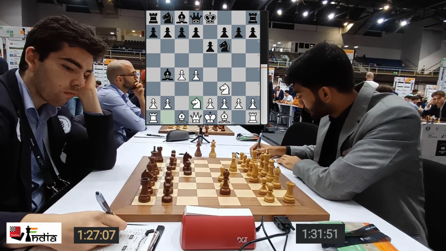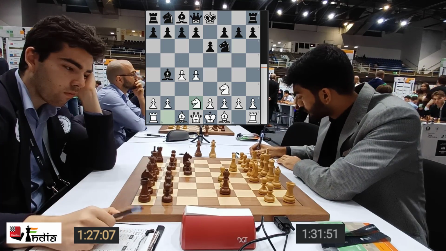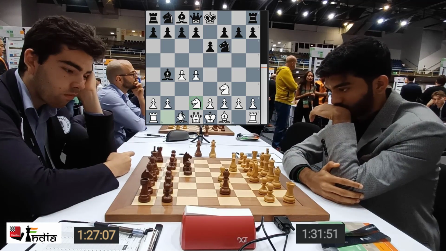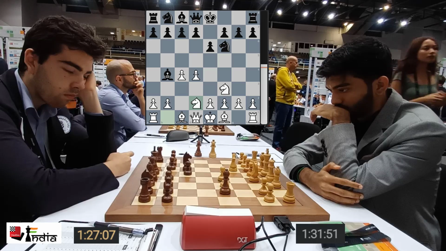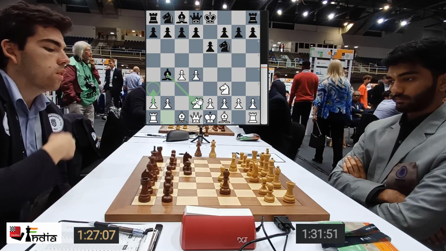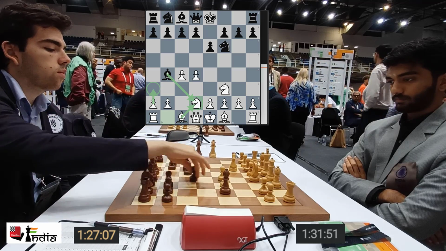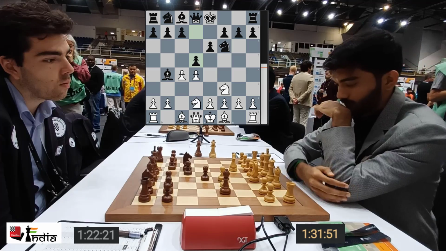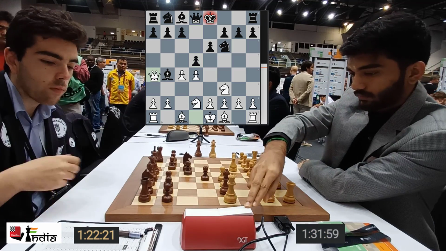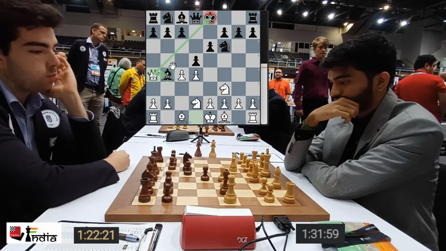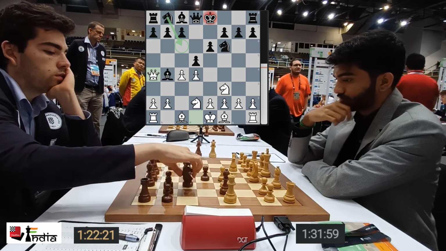This seems like his prep, perhaps, because this is not the most common move at the highest level. They play their bishop here, but this is a very logical move. The idea is to ask a question to the bishop, and once he takes, you take back, getting the bishop pair. d5 played by Adam. One of the downsides of this move is what Gukesh has now shown. Check, attacking the bishop. You have to put your knight on c6.